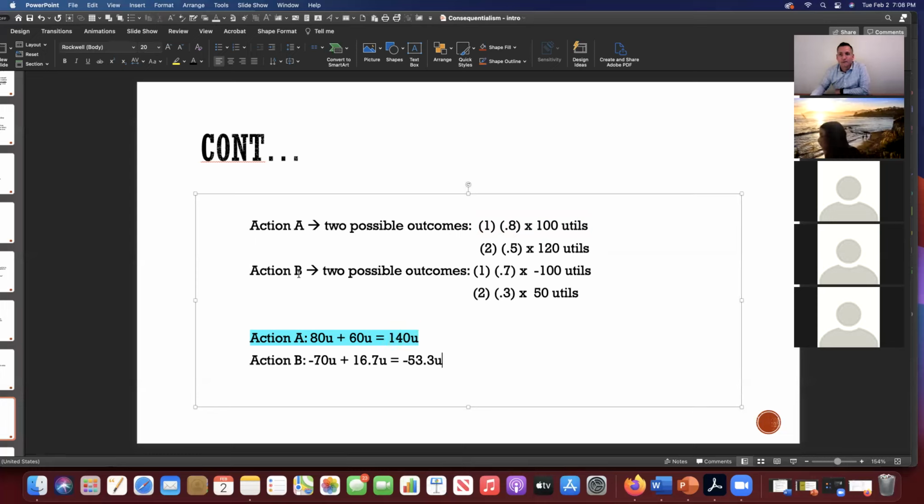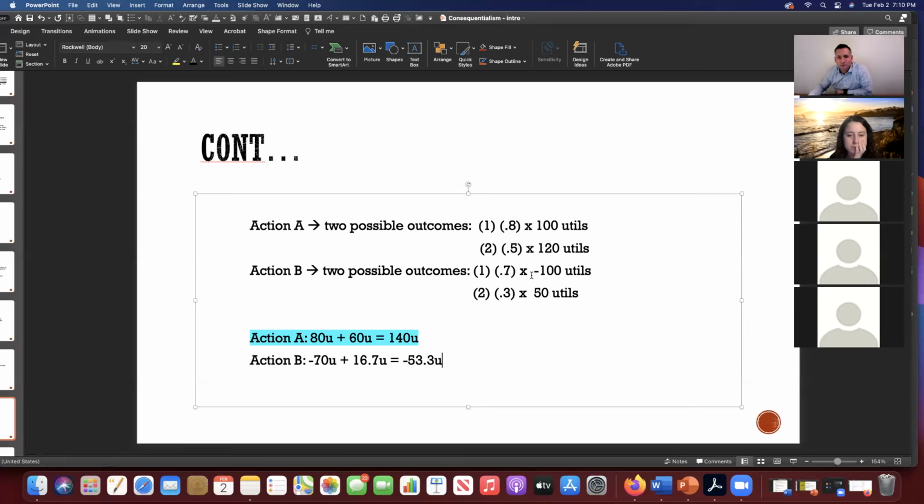And with action B, so remember action A was giving the tenner to the homeless fellow outside the 7-Eleven after you just bought a big gulp or whatever. Remember action B was just saying, hey, have a good day. No money for you. I'm sorry, buddy. You take off with your big gulp into your car and never see him again. Well,